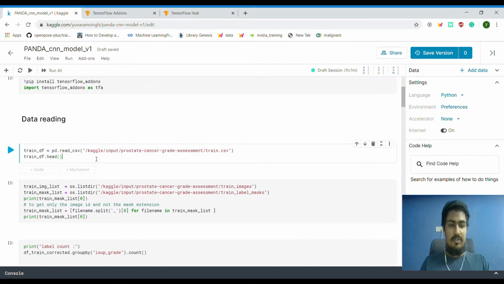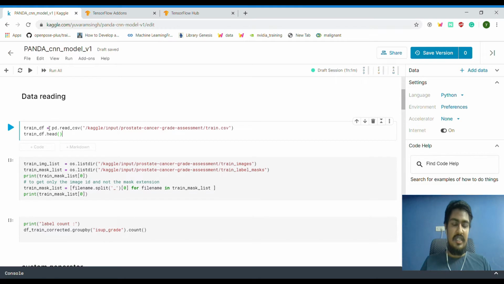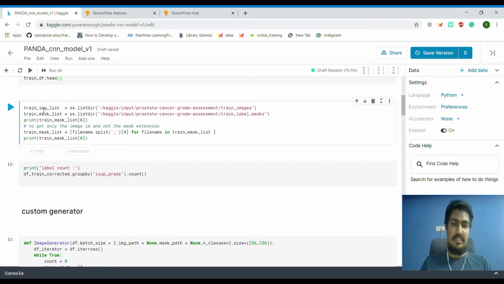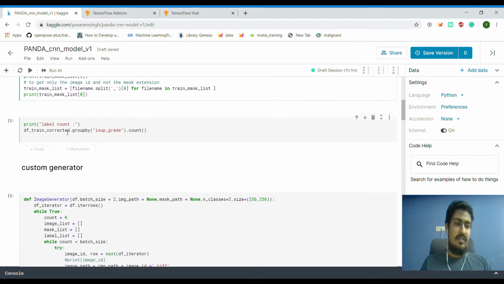And then we are going to go ahead with reading the train.csv file, which is provided, into a data frame. And then we are just going to get some basic things about the name of the files and etc. So nothing different here.